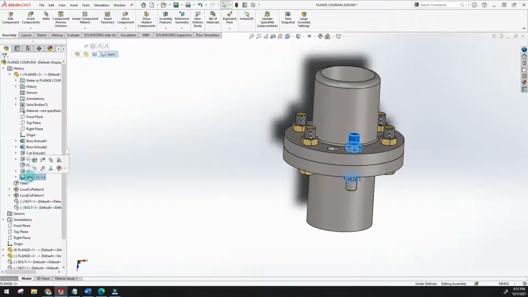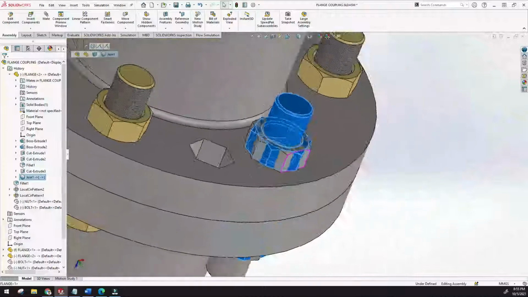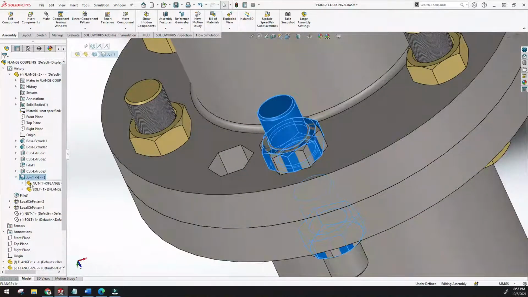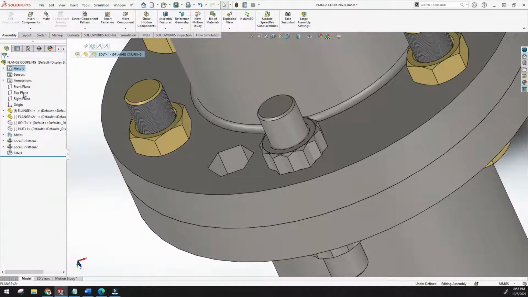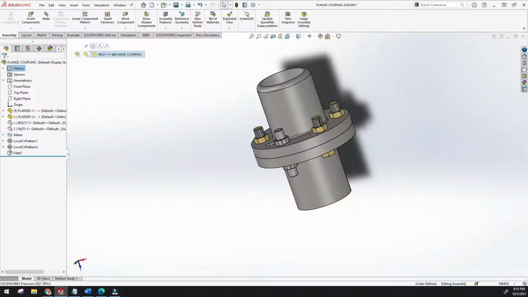Here you can see the joint option. Okay, so this part you can see the joint, and in this joint you can easily check what part is there. So this is the way to use the joint. And next I want to show you the cavity, how to use the cavity.